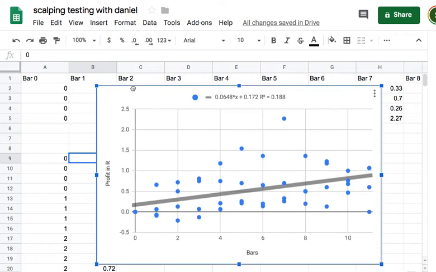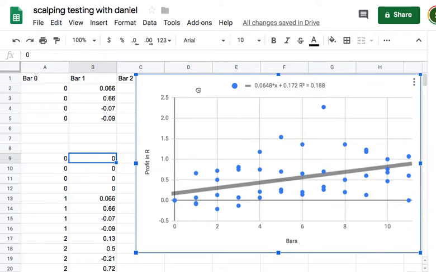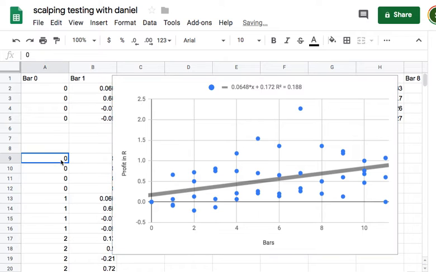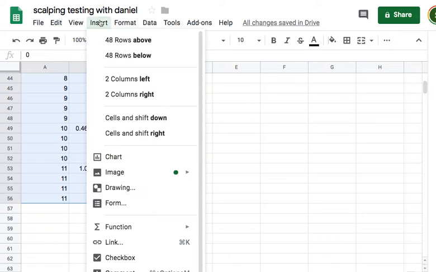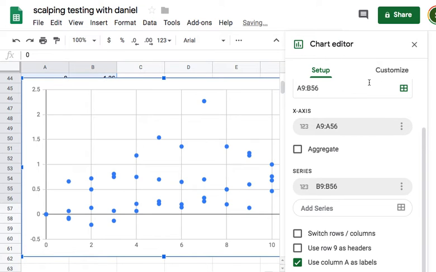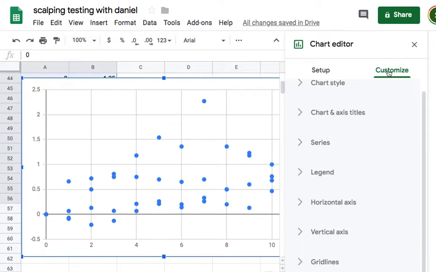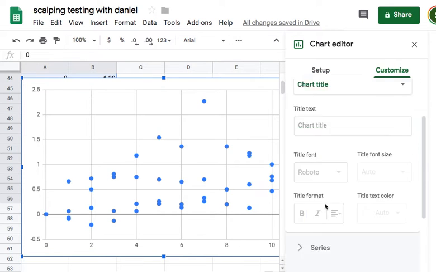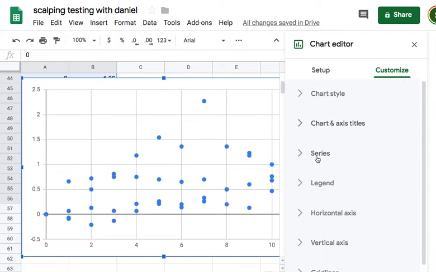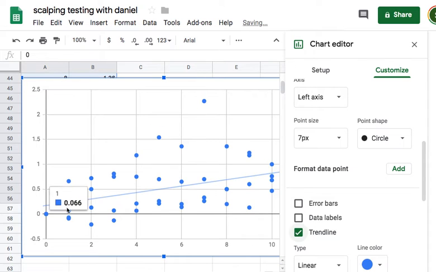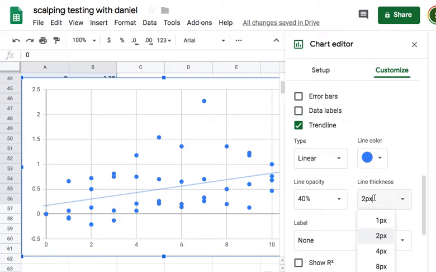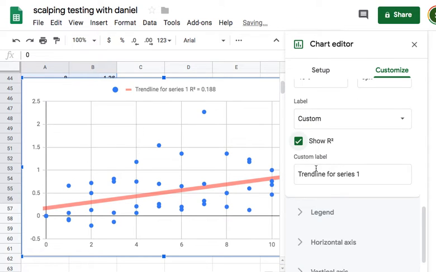Someone better than me. Now, what you do is, so you select all the data like this and go insert chart. Okay, now you can customize it, put titles and axis, but where the real customization going is in series. So we want to put a trend line, and it default assumes that it's a linear regression line. Make that a bit big so you can see it, and I'll make the color a bit different so you can see it. Now we want to show R squared,